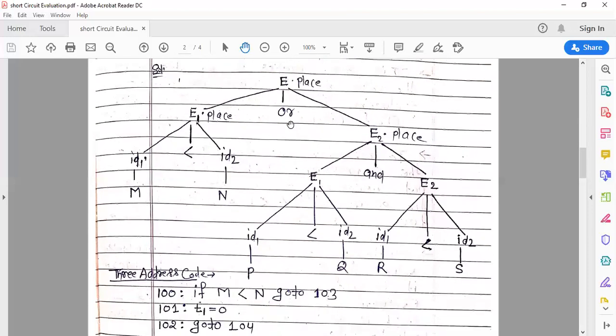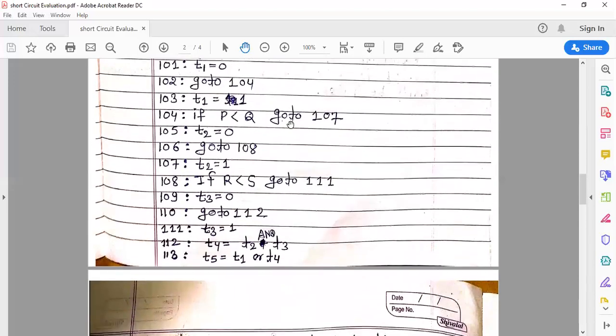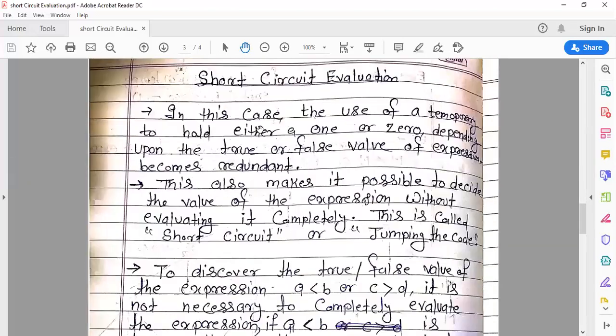But in the short circuit evaluation, the use of a temporary to hold either a 1 or 0, depending upon the true or false value of the expression, becomes redundant. So in the previous case, T1 and T2 store either 1 or 0.